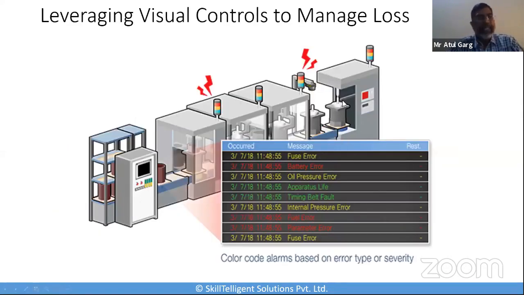So having said that, now he's at a stage where he wants to take it forward. Again, this is a representative image of a machine andon where there are color-coded error message displays. If a particular machine is either malfunctioning or has stopped, the lights will start flashing, indicating which machine is in which state, and a display board will define what kind of error is happening. Okay. So he goes ahead and says, let's establish that.